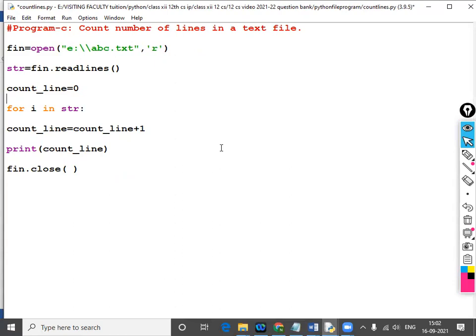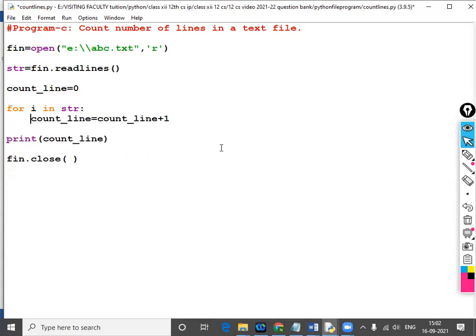Read lines, count str. How to find out the line count? So readline is the function. Yes, it only reads one line at a time. So whatever comes will come in a single object. Count line, for I in str, count line equals count plus one, then print count line.